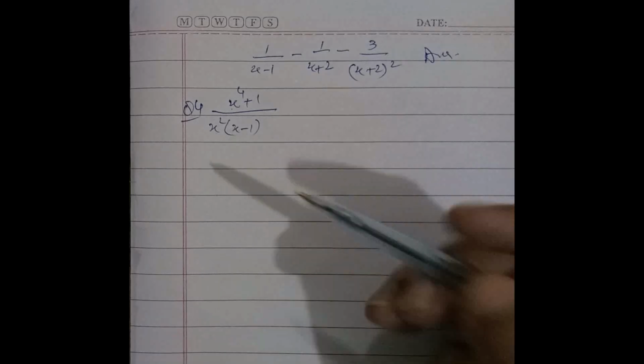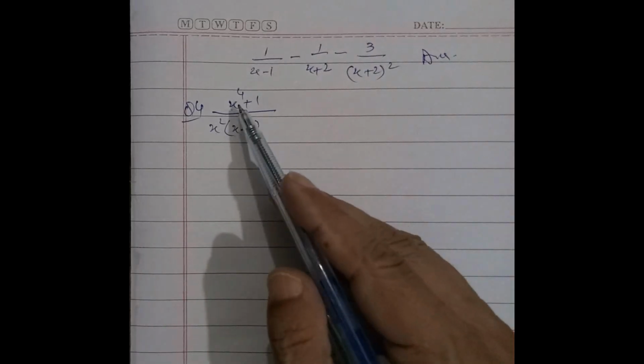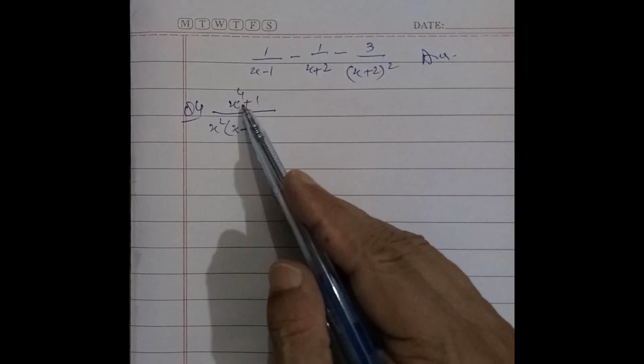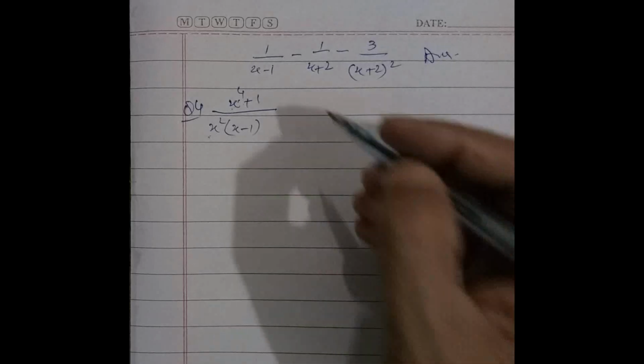In improper fractions we first change it to a proper fraction and then solve. First we divide x power 4 plus 1 by x power 3 minus x square, and we get